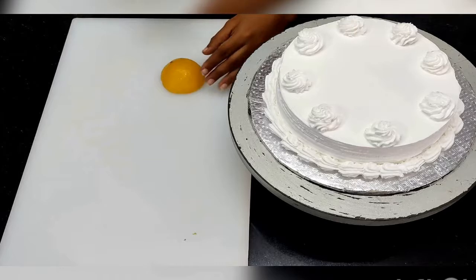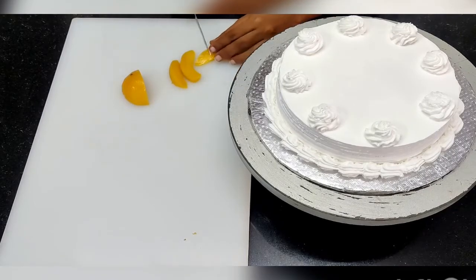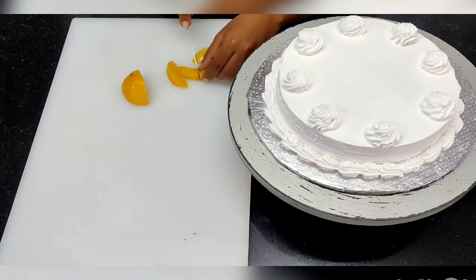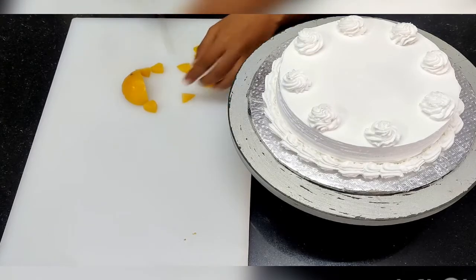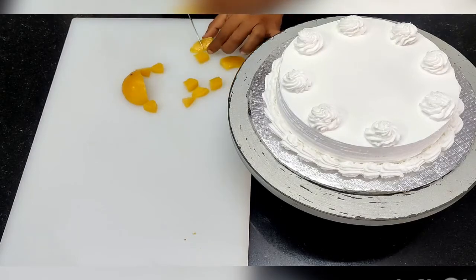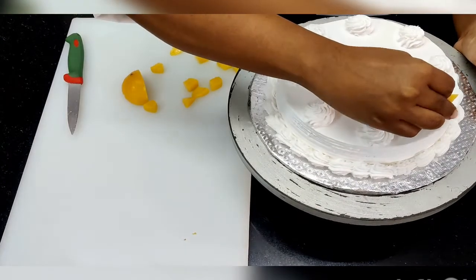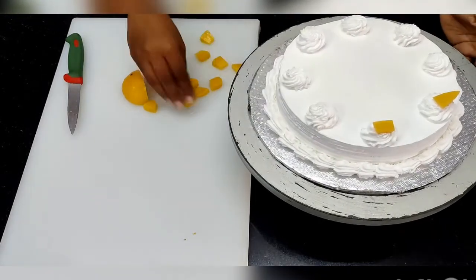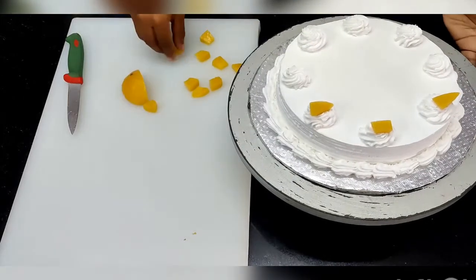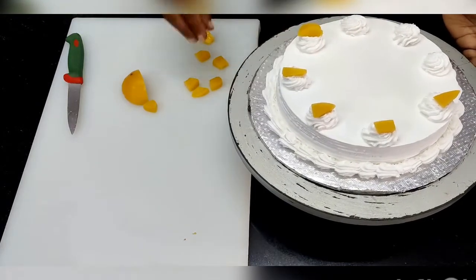So now I'm going to garnish this. So you just like this. So this is just a simple design what I am telling you to do. You can use your imagination, and you can design however you want to design. There's no hard and fast rule. So just to give this a little more color,